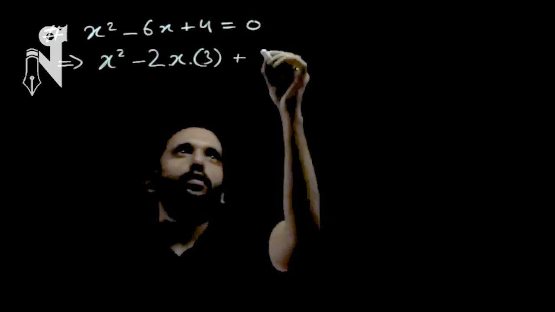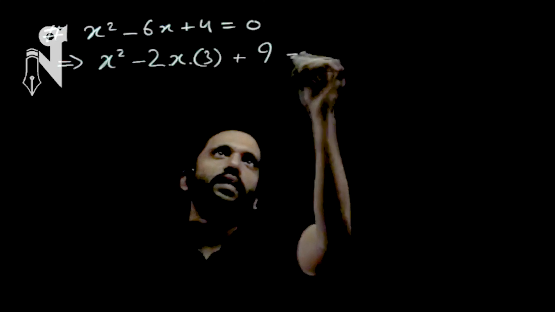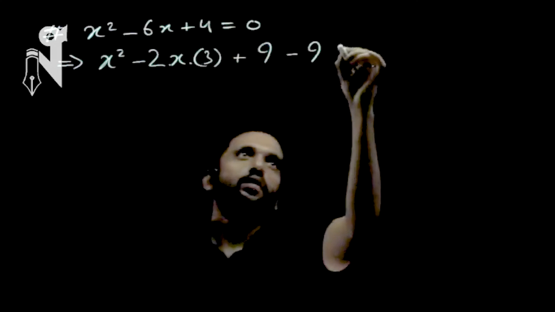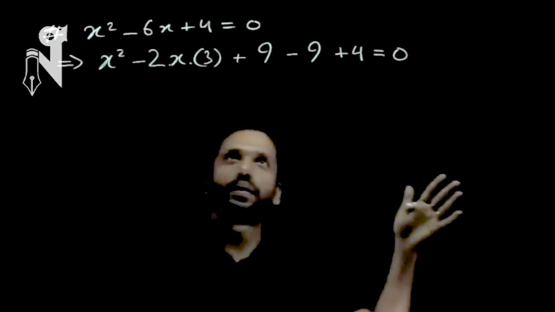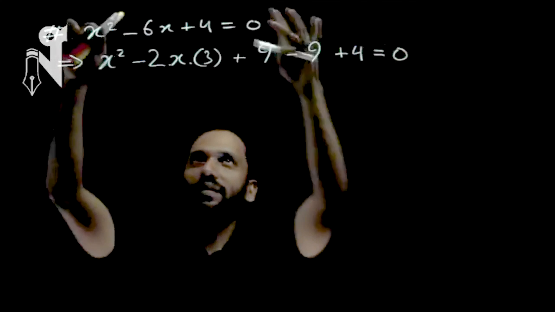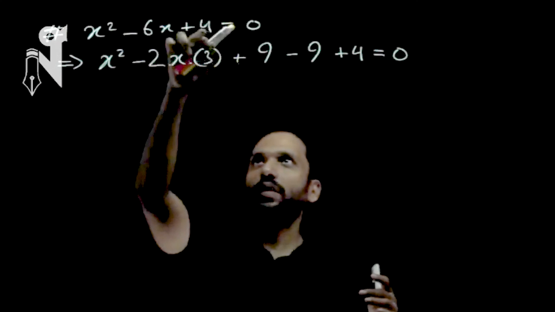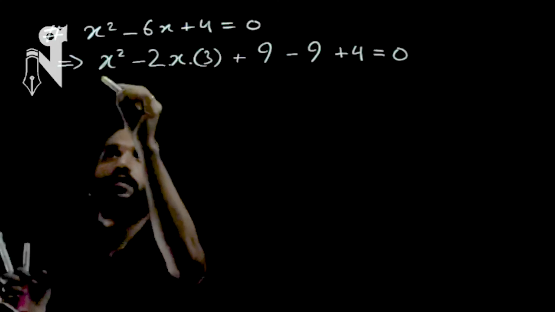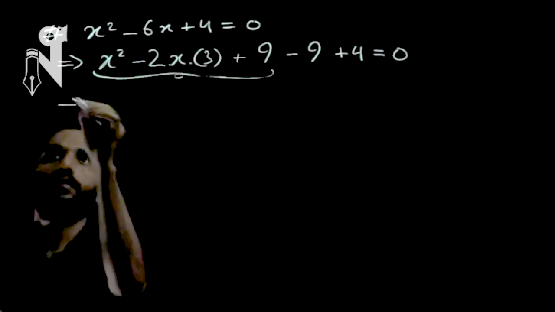And since your b is 3, you require a 3 square, which is a 9. You require that 3 square, but then you have planted a 9, so you remove the 9. You planted the 9, you remove the 9, and what was there, you put it back. I hope you got this line right. If you get this line right, you're going to get the answer right. I'll just confirm again that this equation is the same as this equation. X square is x square, minus 6x is minus 2 into x into 3, plus 4 is plus 4, and this much part is nothing. Now if I take the first three terms, then what is it?